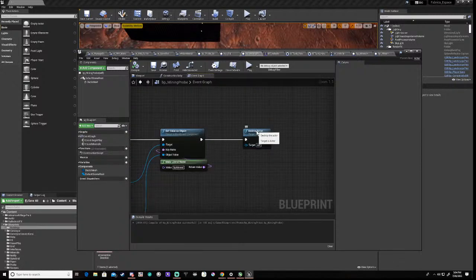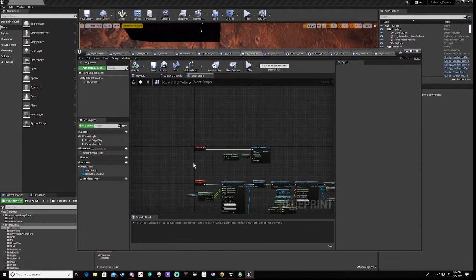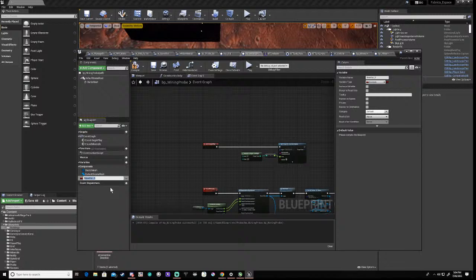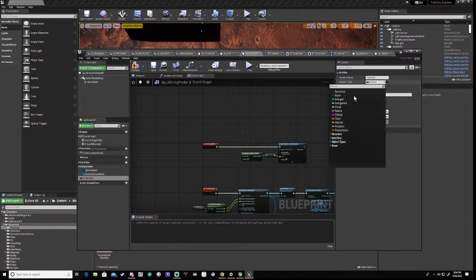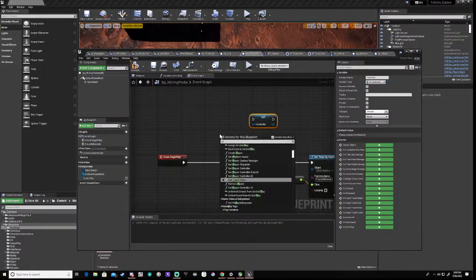And just before we destroy ourselves, we need one thing, which is something I always set up as default, except I haven't done it this time, and we need a reference to the controller for this. So it's going to be of the type FE controller. We can do that, then we can pull it in, we can set it, then we do player controller,